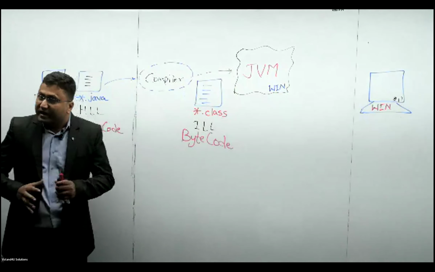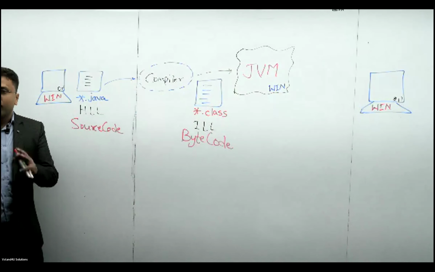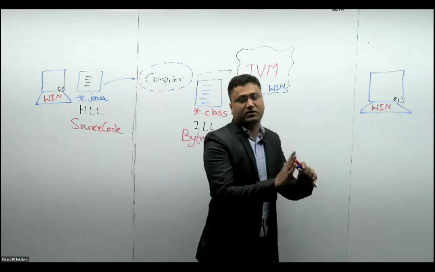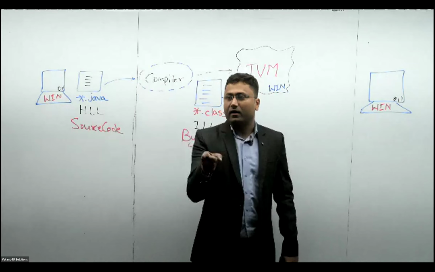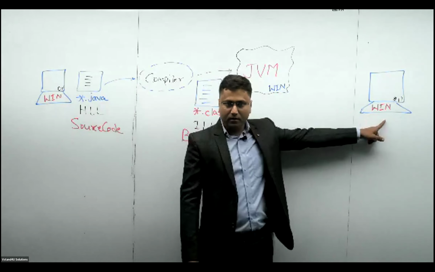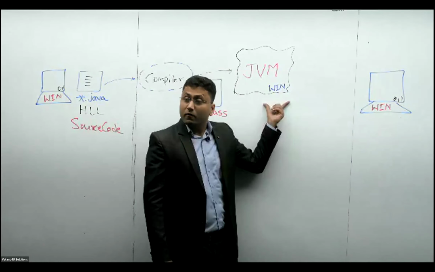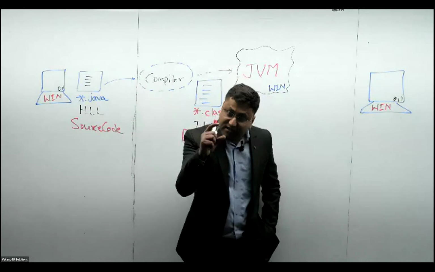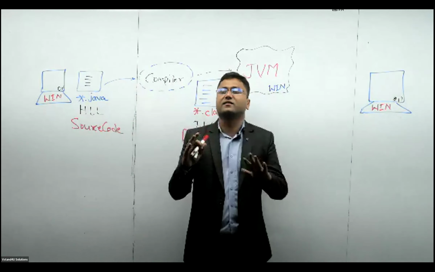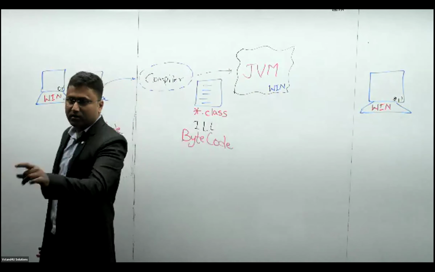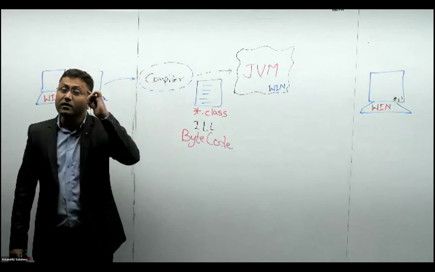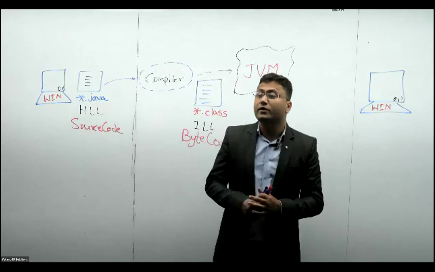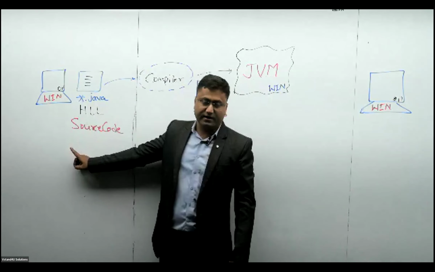So Java has done what? Created its own virtual machine, which acts like the actual machine but is not a machine, and which is compatible to work for one particular platform. If you are using the Windows operating system, use the JVM built for Windows. So, sir, whichever platform is there, Java has built one JVM for it? Yes, Java has done that much homework for you. If you are using Linux, use the Linux JVM. If you are using Windows, use the Windows JVM. Am I clear? How many times do you need to write your application? Once you write it, I repeat, read along with me.